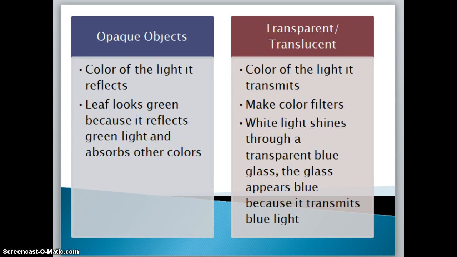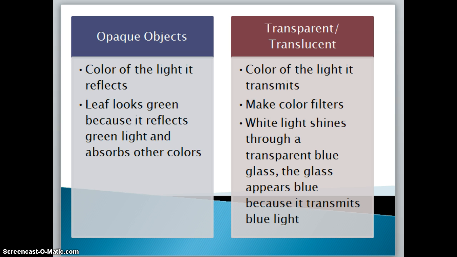it's reflecting. Okay, so when we look at an apple, the apple looks red because it's absorbing all of the colors except for red, and red is being reflected back to you. The color of the leaves are green because all other colors of light are being absorbed and green is being